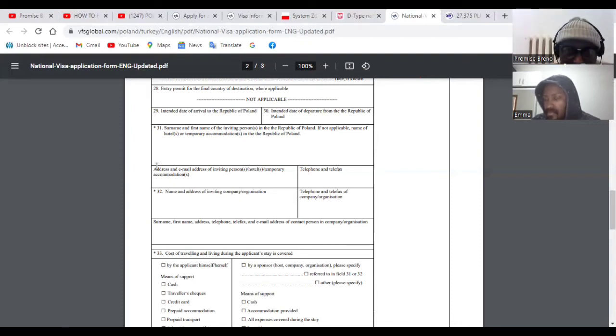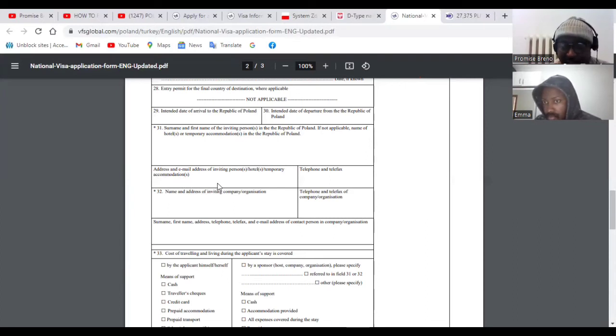Case closed. Next, address and email address of inviting persons, hotel, temporary accommodation. If your employer is inviting you and your employer has accommodation for you, then